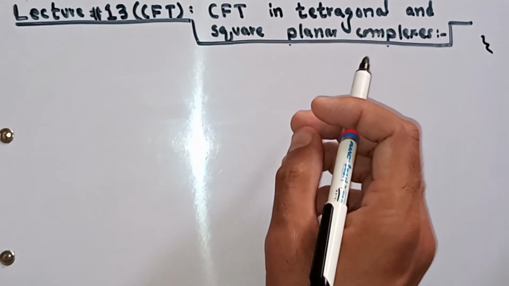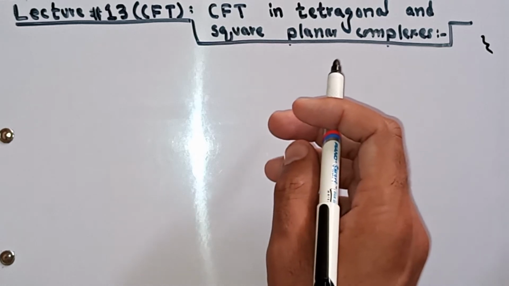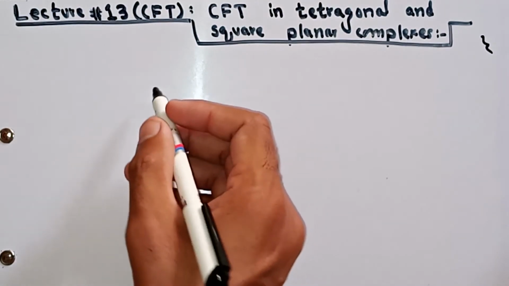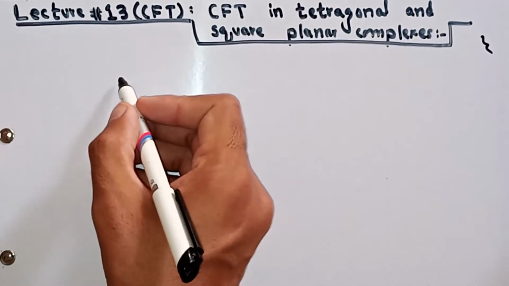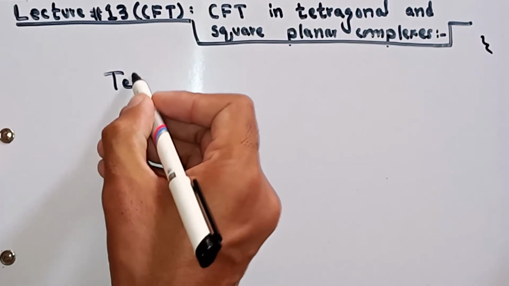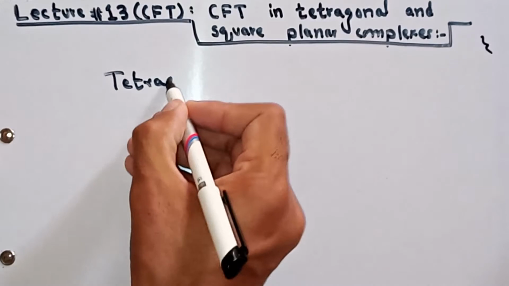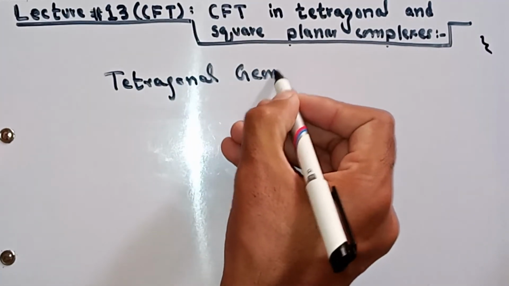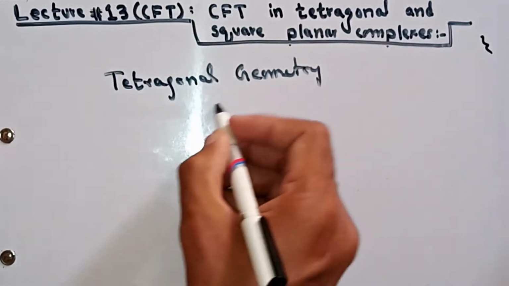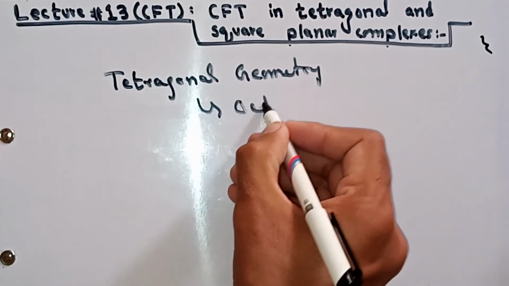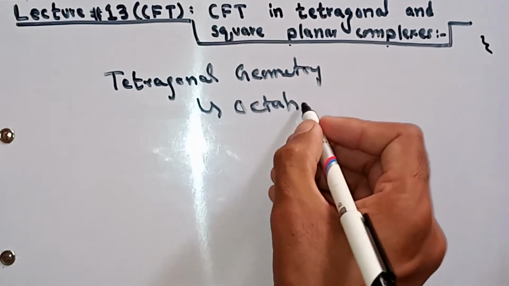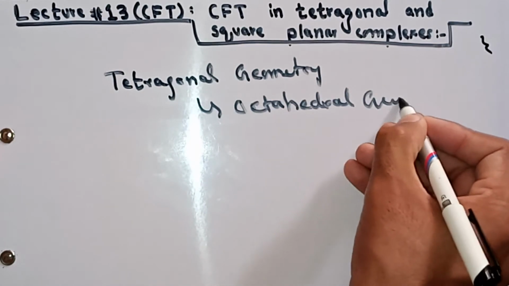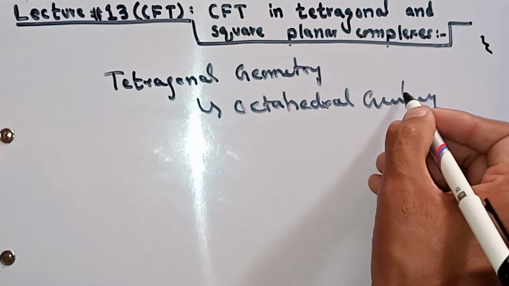But first of all, we need to know what tetragonal geometry is and what square planar geometry is. First of all, we need to explain tetragonal geometry. Tetragonal geometry is like octahedral geometry, but the only change is